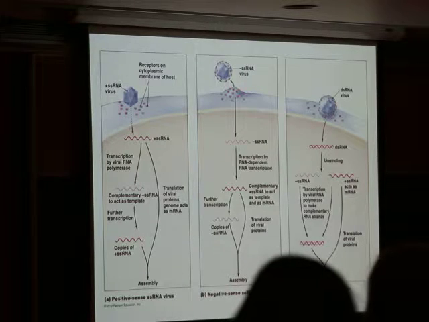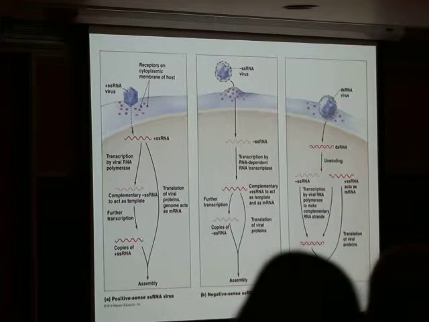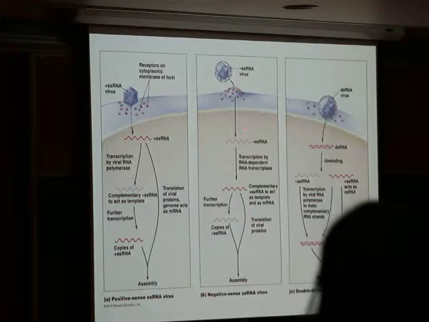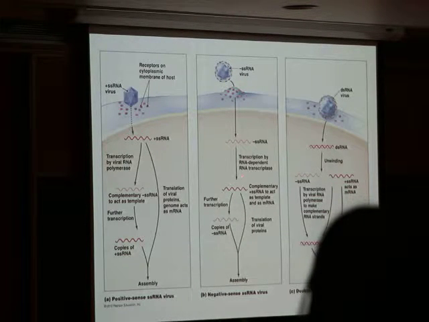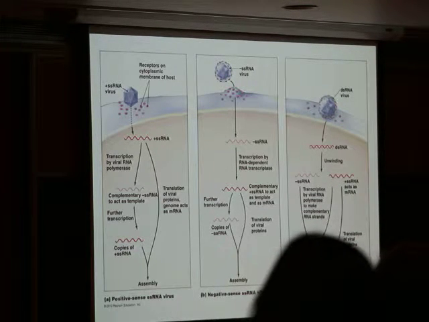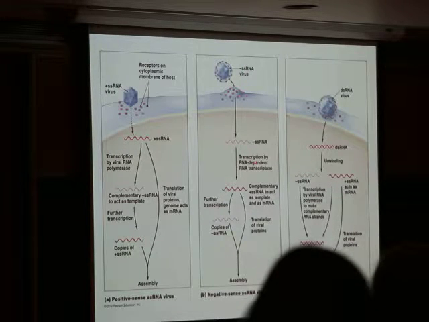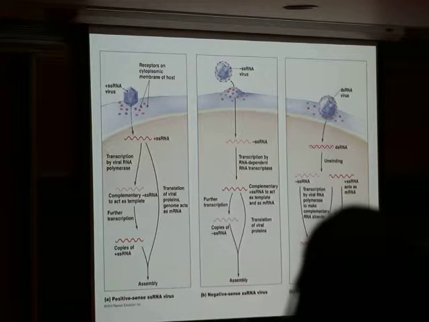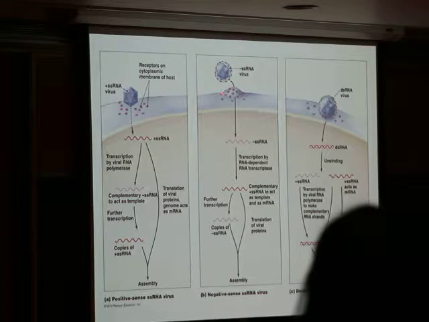We can also have classic positive and negative single-stranded RNA viruses. So again, remember the minus single-stranded RNA first has to be transcribed into plus strand, which is equivalent to mRNA. Transcription is by an RNA-dependent RNA polymerase. Do we have such a protein in our bodies? All of ours are DNA-dependent RNA polymerases. So in fact, this protein has to be encoded by the genome and actually has to be carried in the viral particle. So then we make complementary strands that can both make proteins as well as making copies of the genome